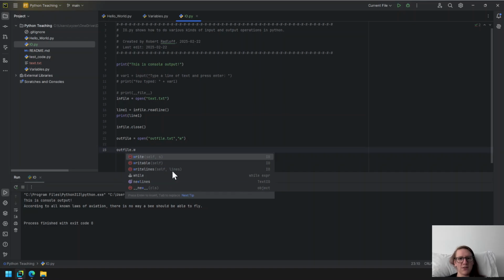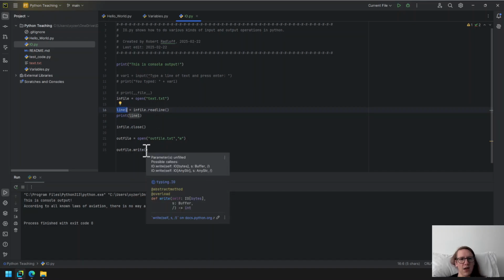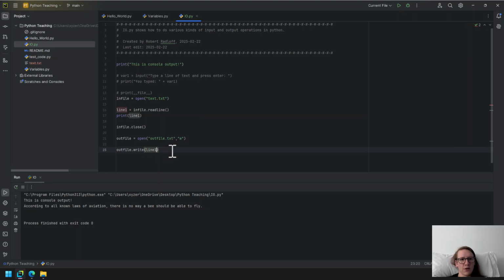You don't need to do a write line, because it should just take this string of text as a whole line and move on. So let's write that little string of text that I recorded from the last file as the text we're writing